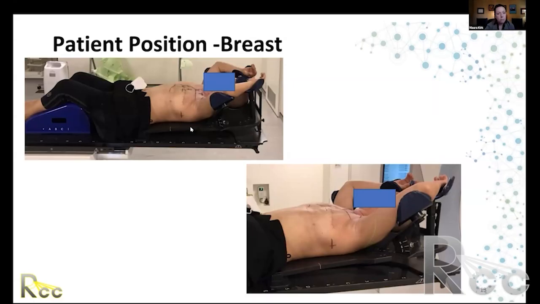And then in this case, when a patient is on an angle, it's good also to have what we call a butt stop, a positioning device for the legs that makes sure that the patient's body is in the same position along the board. Some boards have a ruler along the side, so you will be able to mark where the laser falls at isocenter on the board. You could even attach a device along the side of the board that would allow you to record that,